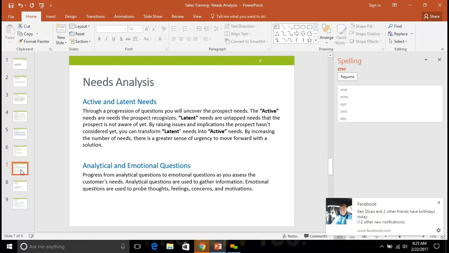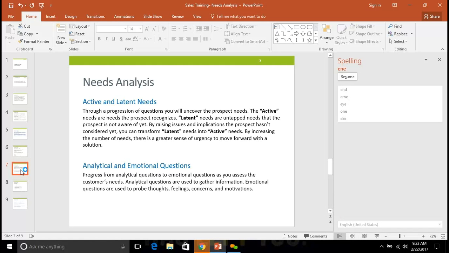And establishing that and moving that need from latent, where they didn't recognize it but we know it's a problem, to active, like, oh my God, my bill's going to double in 10 years. That's an active need now. And so part of our skill set in doing a needs analysis is moving these latent needs into the customer's mind as active needs. Because if a customer doesn't say, at the end of a needs analysis, my current circumstance with my power is unacceptable, I have to do something about this,